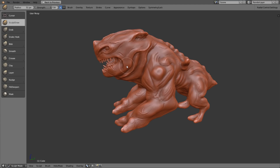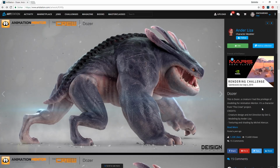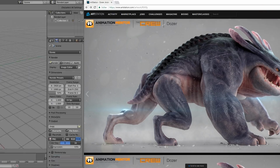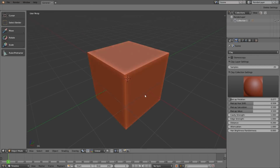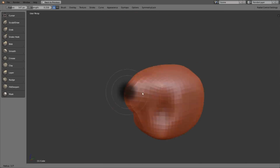I needed about 57 minutes. Just one little note before we get started. My sculpting was inspired by this Dother sculpting created by Lisa, but I don't want to recreate this. I just wanted to have a very basic inspiration for the shape of my creature. So kudos to Under for this awesome design. Now let's get started. Alright, as shown before, I set up my scene, created this subdivided cube, and then I